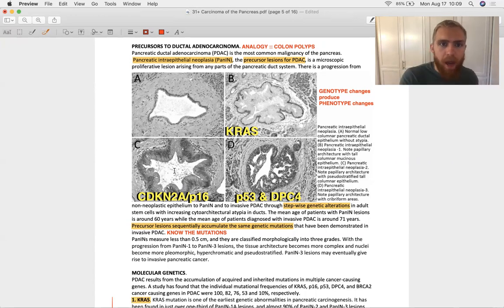Now, this sequence of pancreatic intraepithelial neoplasia, PANINs, the sequence is important, because you go PANIN 1 to PANIN 2 to PANIN 3 to cancer. And there's particular mutations associated with each step, each individual PANIN. So this